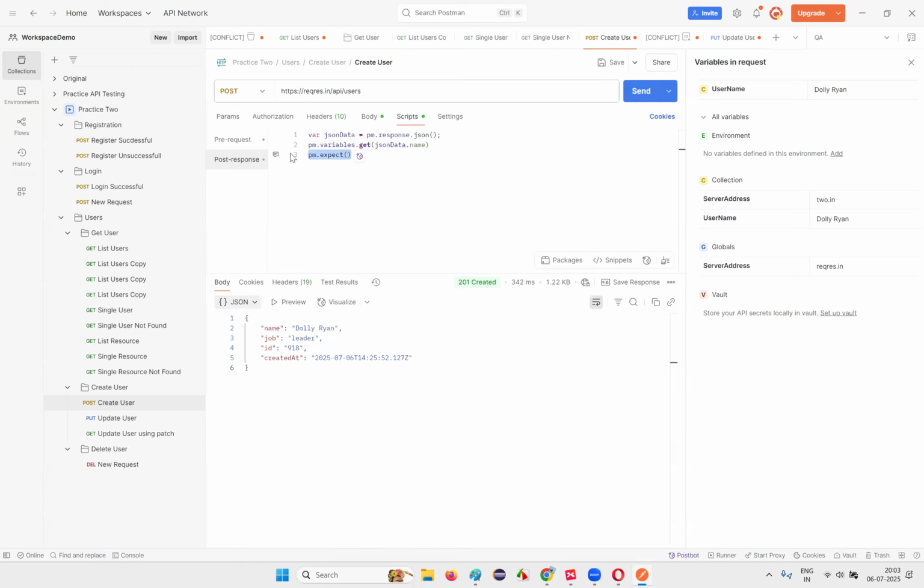Okay, and here this name should go where? I can write JavaScript code: const username is equal to, okay. So now what I need to do with this, I need to